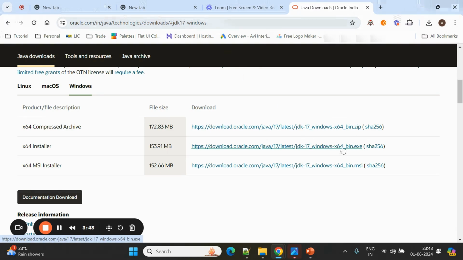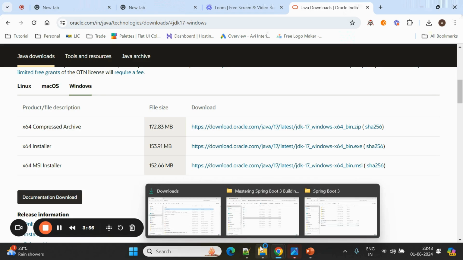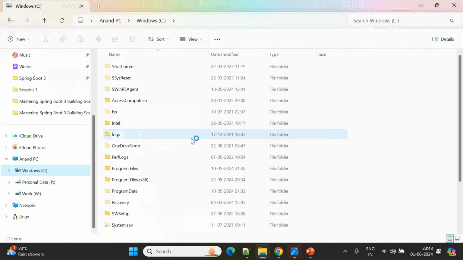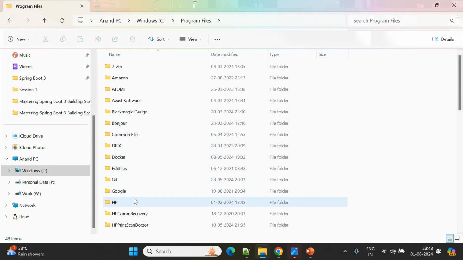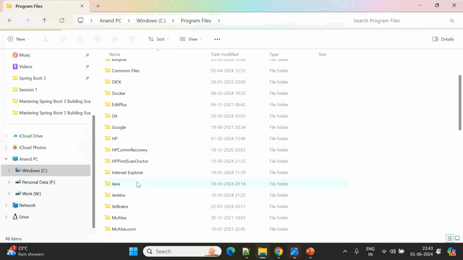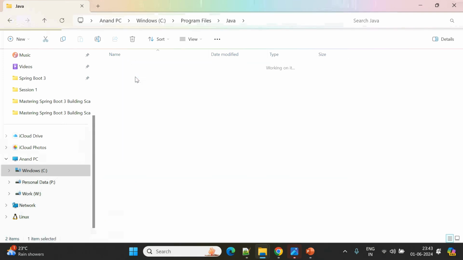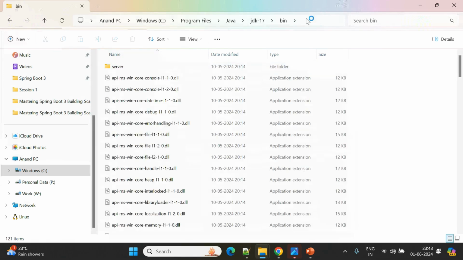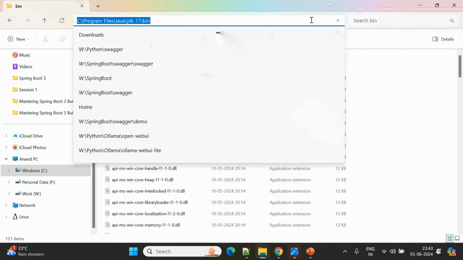I already downloaded and installed it. After installation, we need to set up the environment variable. How to set it up, I'll show you. First, come to Windows C, type Program Files, and go to Java. Once you install your JDK, it will be installed in the Windows C drive. Copy this bin directory path,